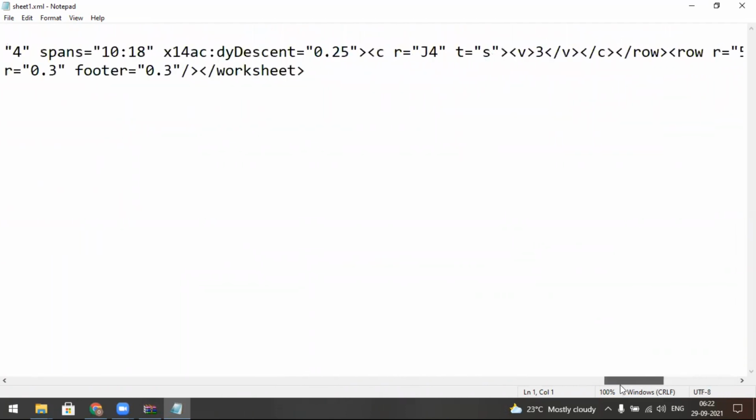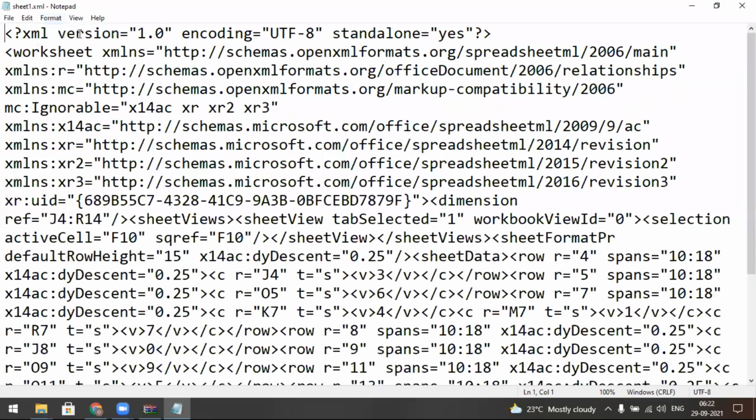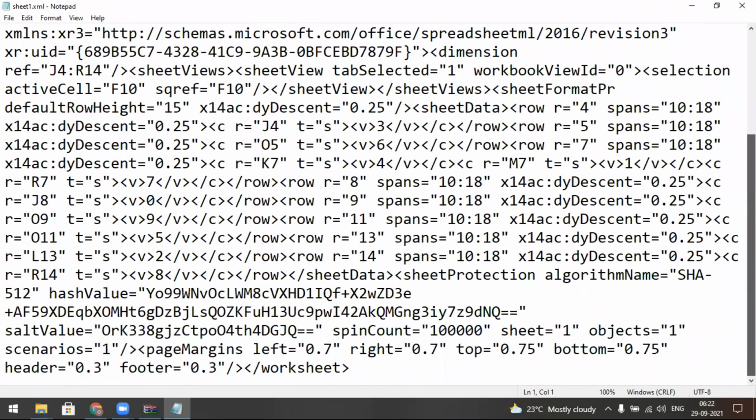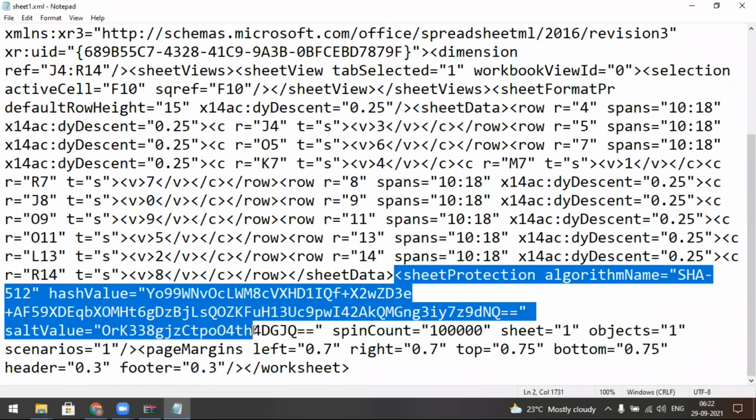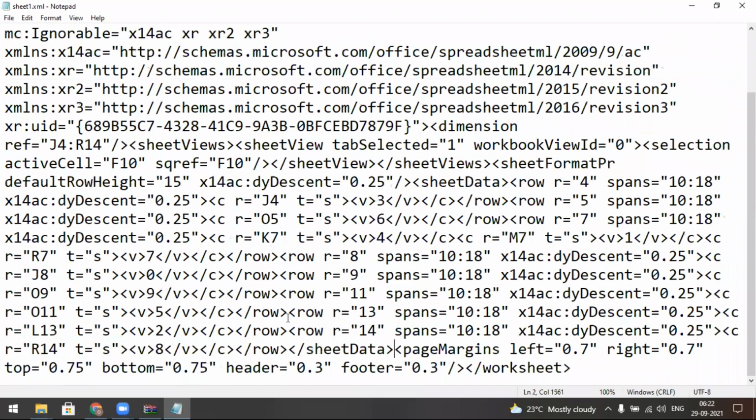It is very horrible to search for this one. That's why I'm saying you must give a tick mark for word wrap. Now you get it like this. Now you search for the sheet protection, and you must select to the end of the tag. This is called a tag. You must delete this one, save, and close.